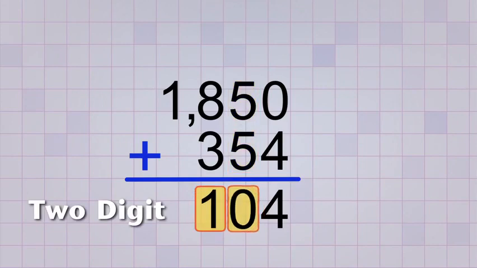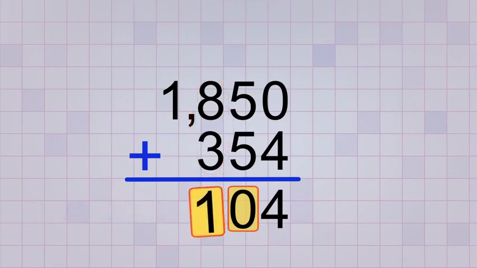So we would need to use two digits in our answer to write it. But we can't leave a 1 in the hundreds place of our answer because we're going to need that space when we add the hundreds place digits. That 1 is going to be in the way. So what do we do? The answer is we carry the digit that we don't have room for up to the top